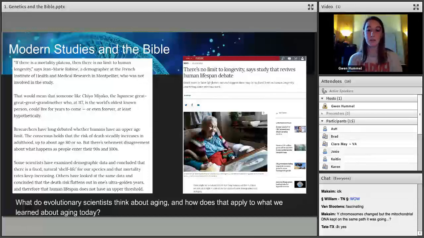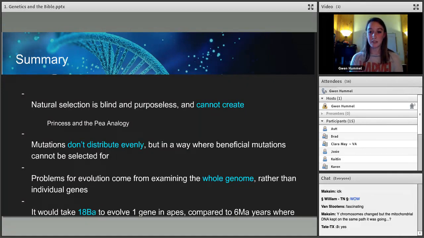And this is what I really wanted to show you guys today: when we look at this modern data, and you guys can interpret this data too, you can look at how the creation model fits with it, what the Bible really says about what we're looking at, and see how this modern data really points towards the Bible. So, in summary, it got a little cut up too, but in summary, we can see that natural selection